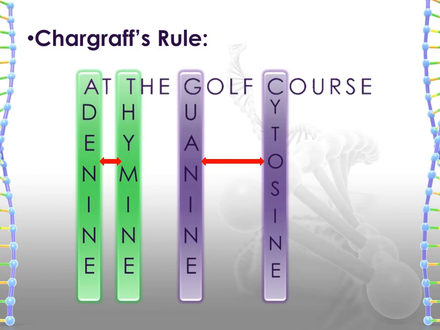Chargaff's rule is the rule that I told you just to remember the funny saying at the golf course. This mnemonic device will help you remember adenine and thymine will always pair with each other, and guanine and cytosine will always pair with each other. You'll never be able to pair adenine and cytosine. It must be paired with thymine. So just remember at the golf course, and you will remember what letters your bases start with and how they